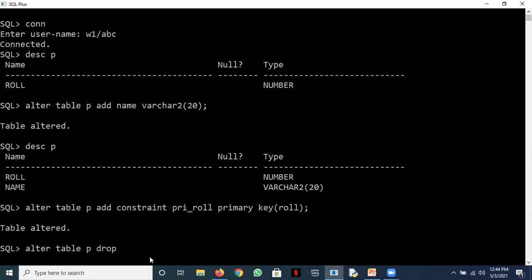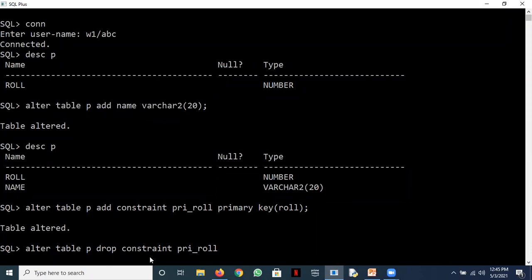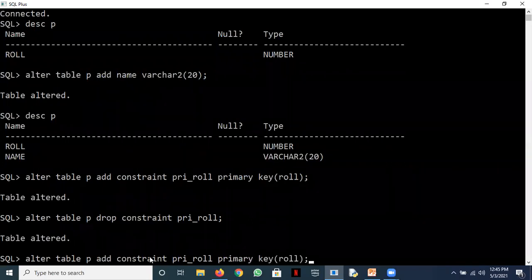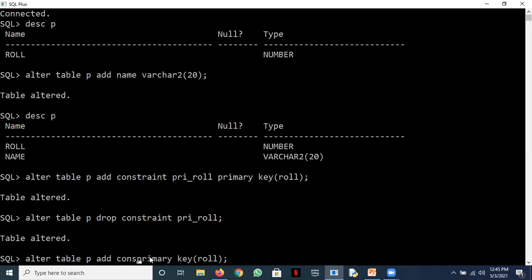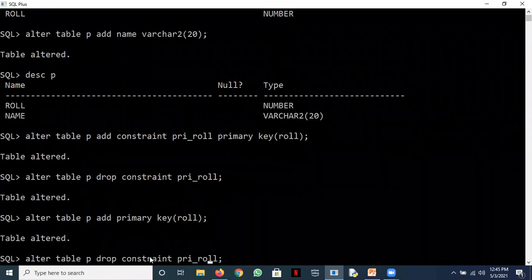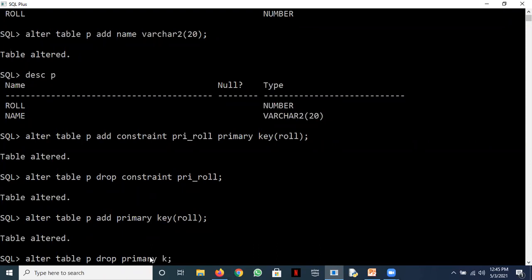Yeah, easy way would be, because एक टेबल में एक ही प्राइमरी की होती है, simply drop primary key. बट क्योंकि हमने कंस्ट्रेंट को नाम दिया हुआ है हम इसको ऐसे भी लिख सकते हैं। काइंडली नोट ऑल ऑफ यू, ड्रॉप कंस्ट्रेंट, आगे कंस्ट्रेंट का नाम लिख दीजिए, ठीक है, ऐसे लिखने से भी ड्रॉप हो जाएगी। फिर से लगाएं कंस्ट्रेंट, देखें ताकि आपको पता चल जाए कितने तरीके हैं लगाने के, क्योंकि प्राइमरी की एक ही होती है, उसको कंस्ट्रेंट को नाम दो चाहे ना दो चलता है। सो ऑल्टर टेबल पी ऐड प्राइमरी की, दिस वर्क्स। और जब ड्रॉप करना है तो इजी है, कुछ लिखने की जरूरत नहीं, ड्रॉप ओनली प्राइमरी की, ड्रॉप प्राइमरी की, दैट्स इट।